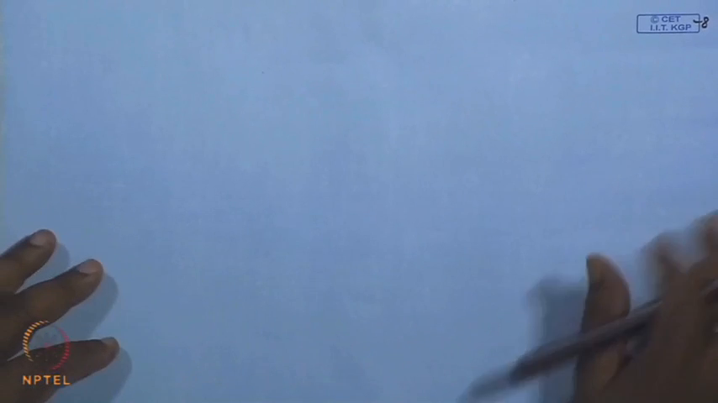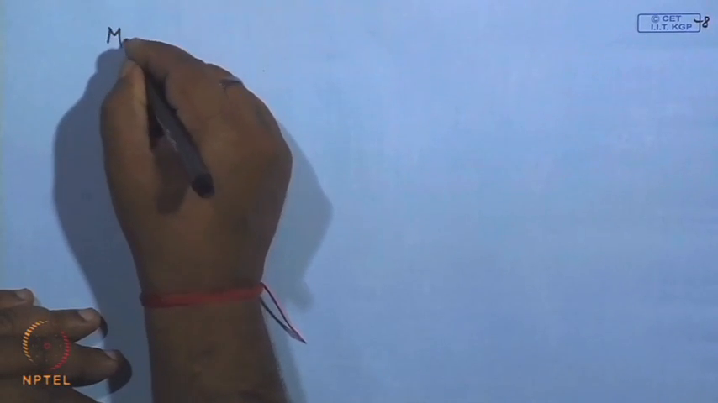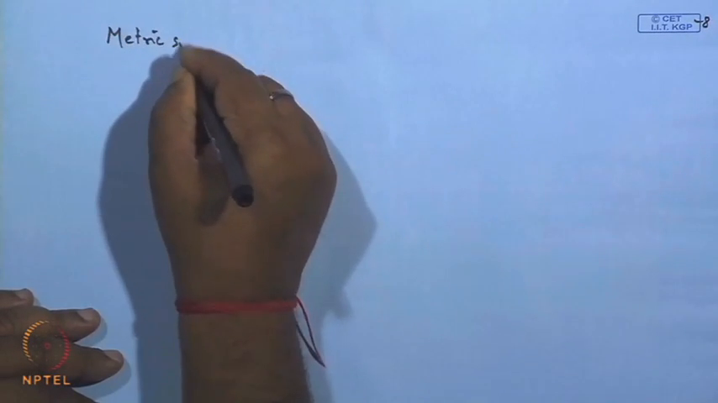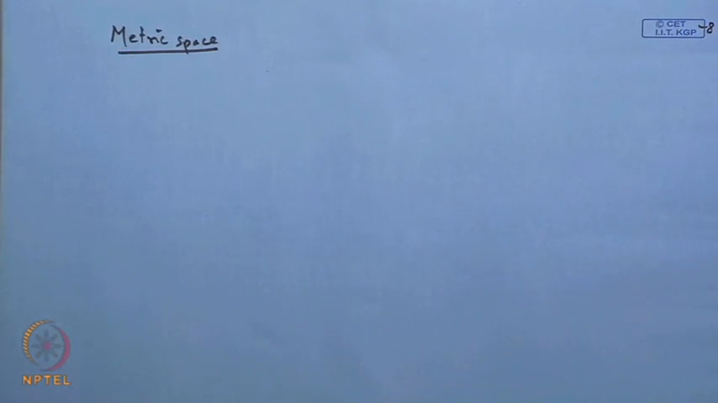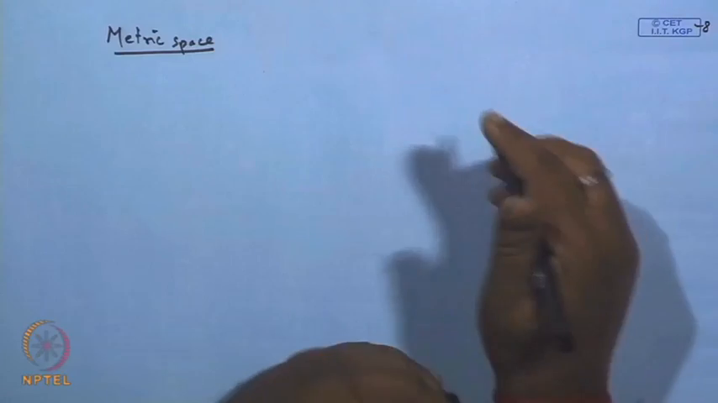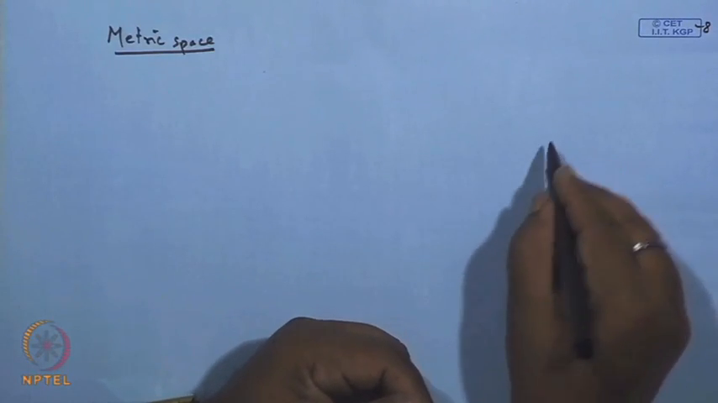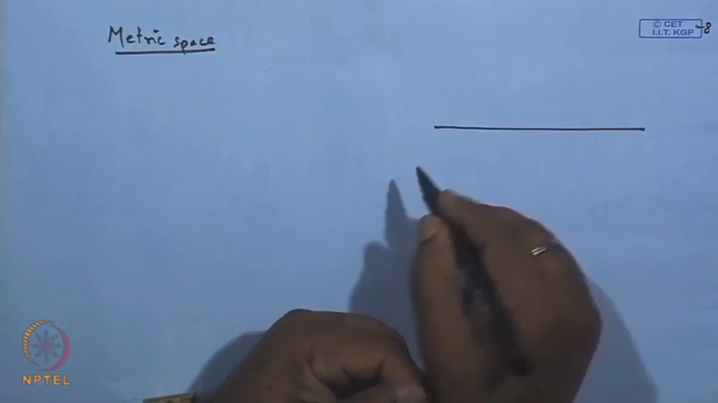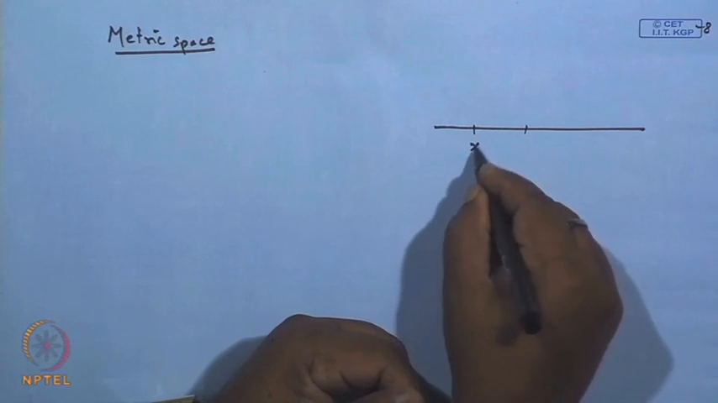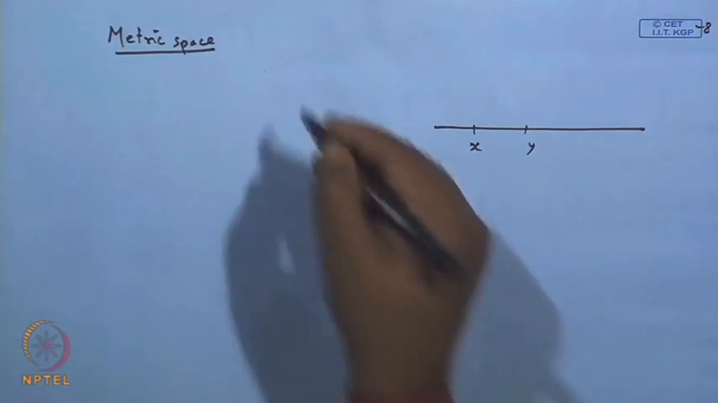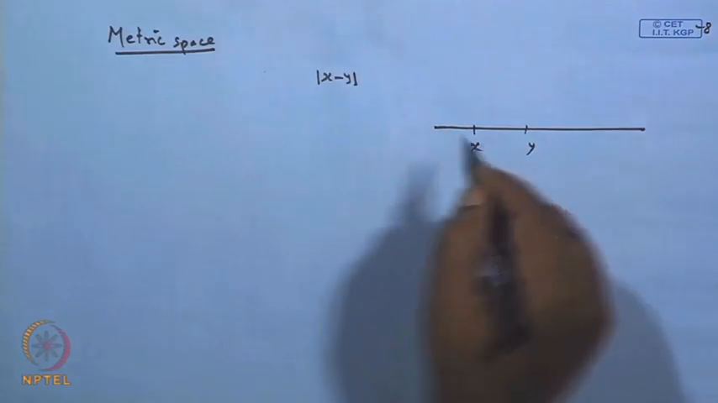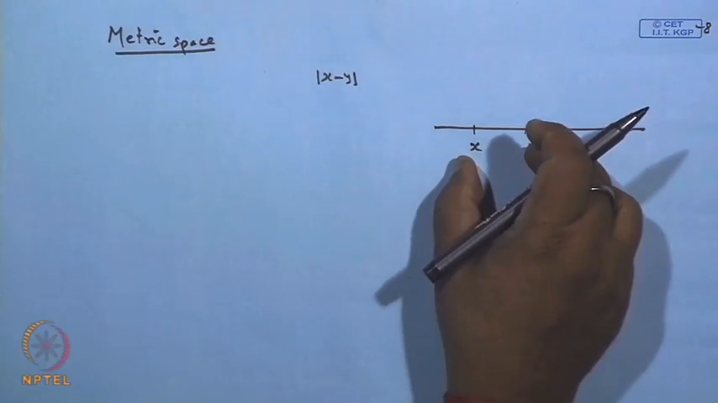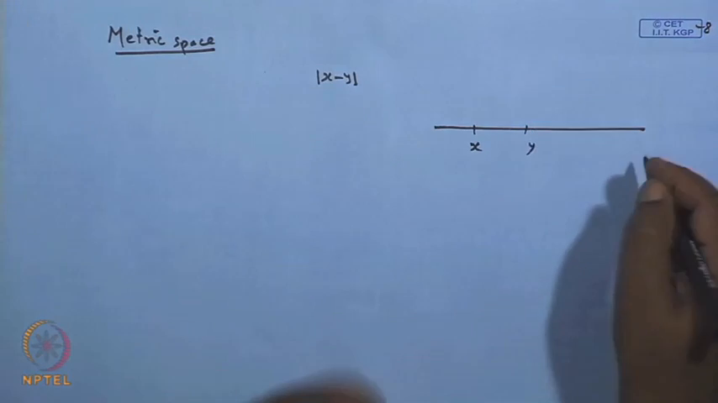Then only can we say this d is an extension of the distance concept over a general arbitrary set. Now, let us come back to our metric space. As we have seen, in the case of the real line, when we pick up two points x and y, the distance between x and y is defined as mod of x minus y. This is the absolute distance between the two points on the real line,